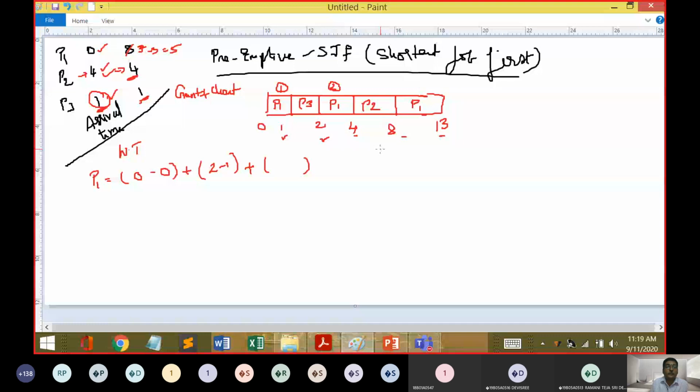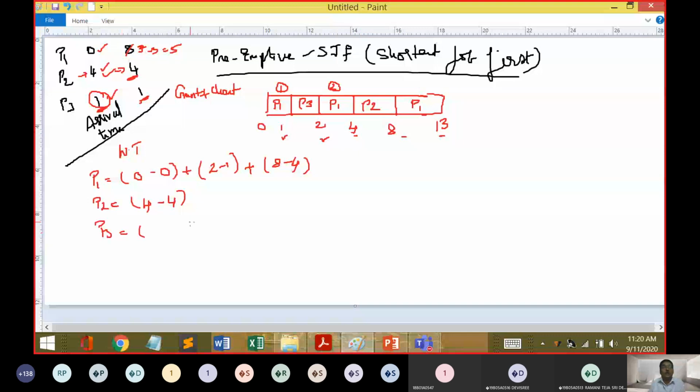Now let us take the P2 scenario. The arrival time of P2 is 4 seconds. Remember, this is called a preemption algorithm. We are not discussing the non-preemption algorithm. We have to look into the arrival time aspect. P2 arrives at the 4th second, so it is going to have a chance at 4 when it enters. So there it is going to have 0.